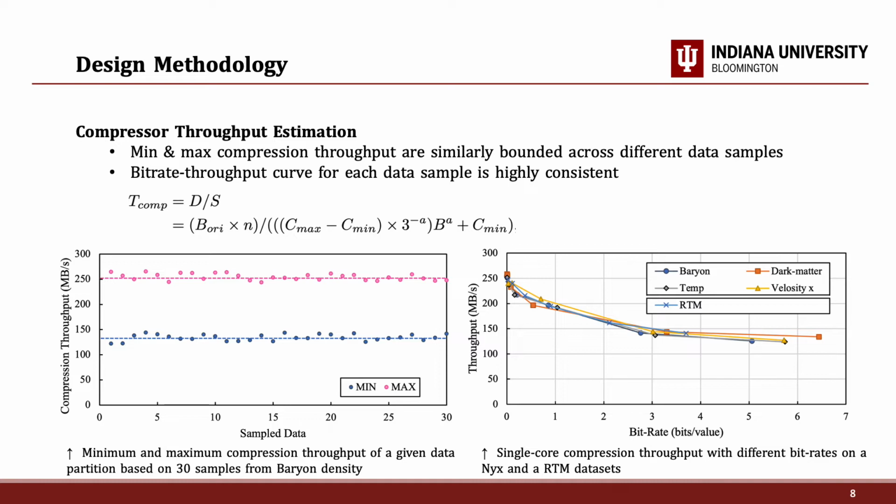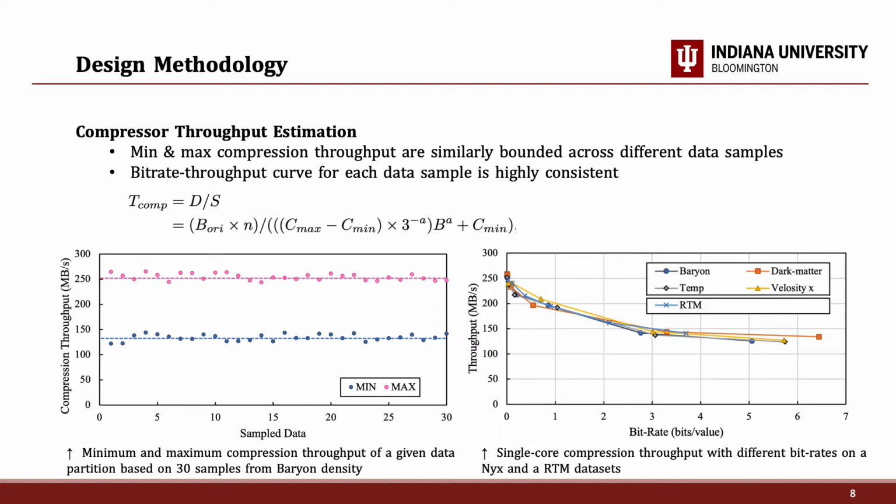First of all is the compressor throughput estimation. On the right-hand side, you can see this figure. We evaluate the compression bitrate against the compression throughput across different data sets and data fields. You can see they show a very stable relationship between the throughput and the compression bitrate. Also on the left-hand side, we demonstrate that the min-max of the compression throughput are similarly bounded across different data samples, in this case from different partitions of the NYX simulation. So using this information, we can form a formula shown on this page to estimate the compression time of